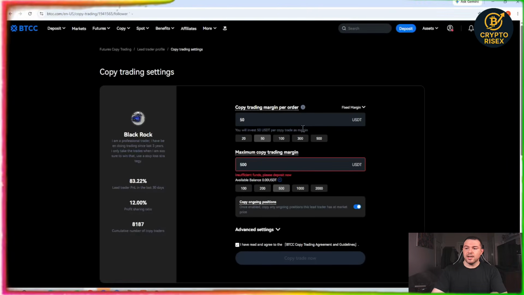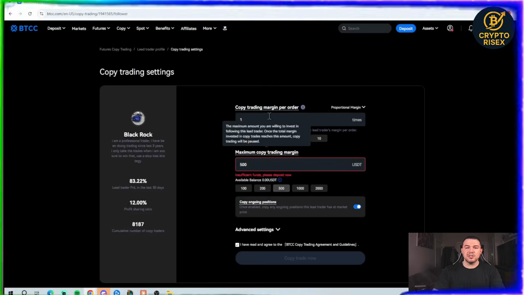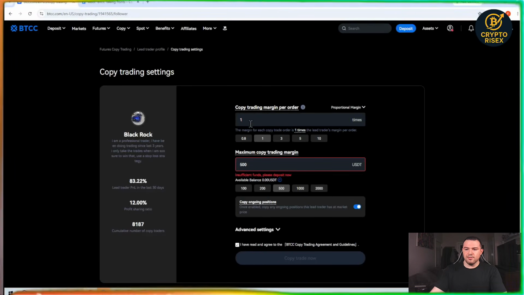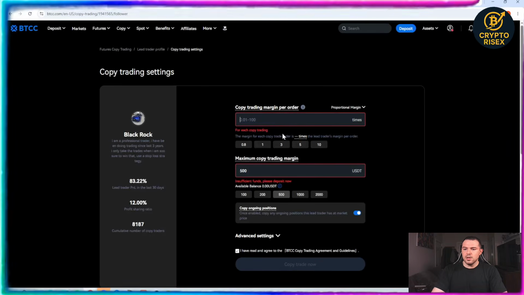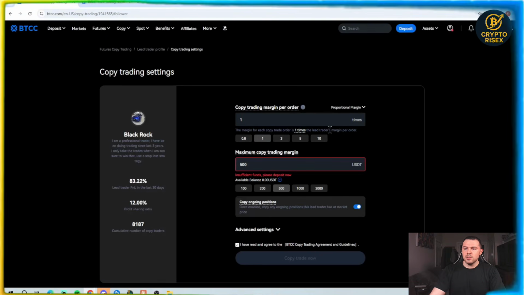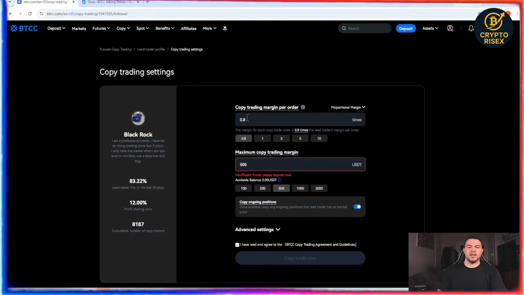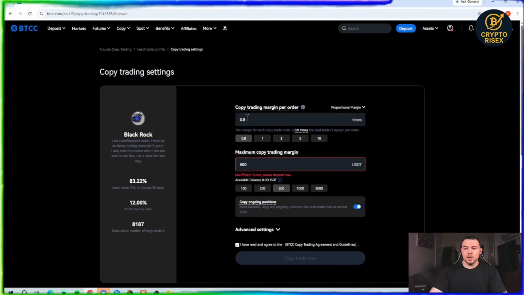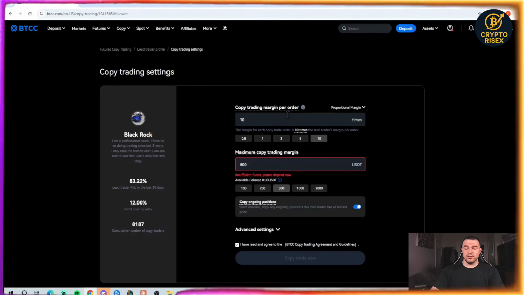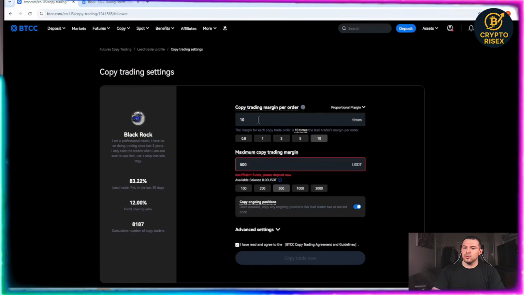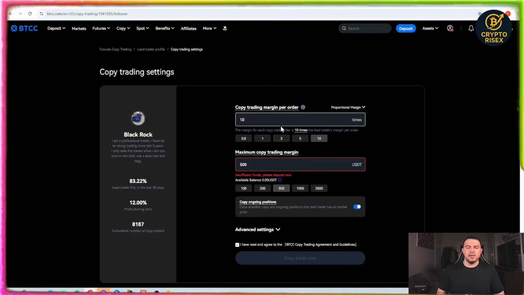So now that you understand how fixed margins work, let's look over to proportional margins. Now, this is a percentage of what the trader invests. If the trader invests $1,000 and you have 1 times the trader's margin, you will invest $1,000. If you have 0.8 and that person invests $1,000, you will invest $800. If you have 10 times the lead trader's margin, you will invest $10,000. So this is a way for you to take a percentage bet rather than a flat amount bet on whatever